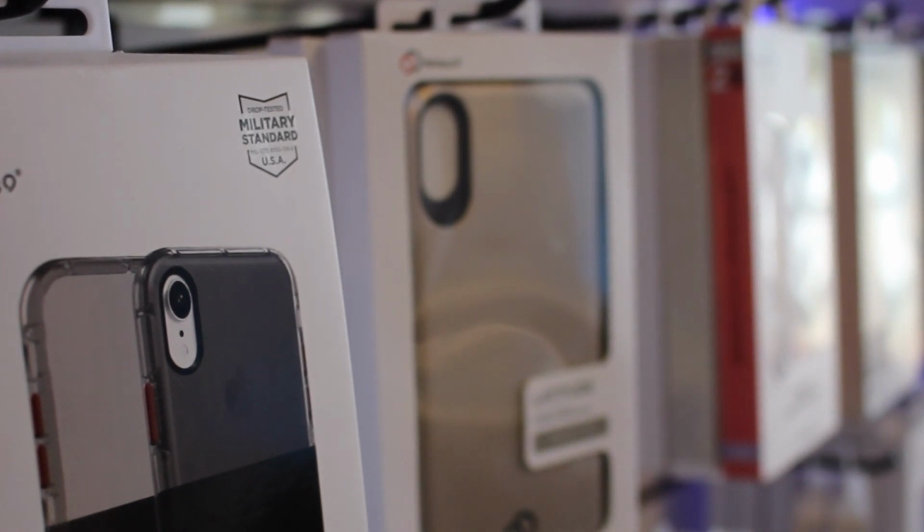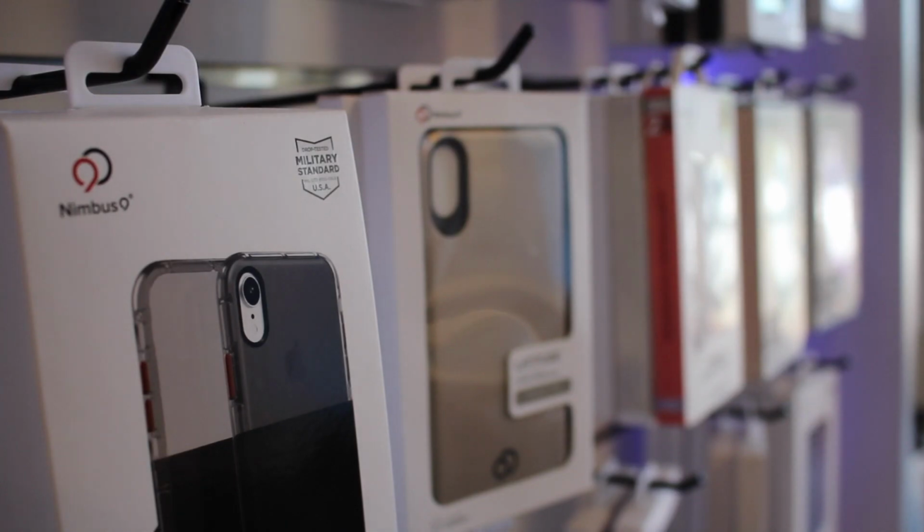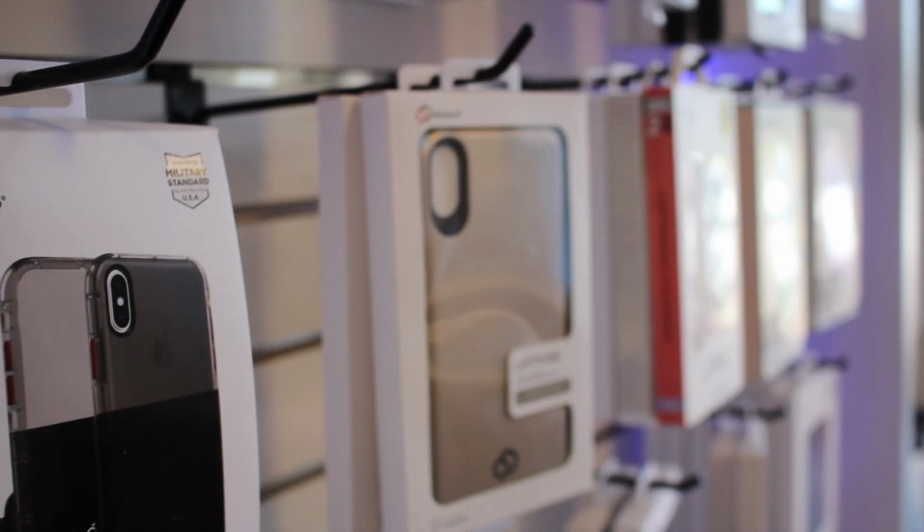Which, when it comes to buying a case, you also want to consider your lifestyle choices. Now, if you're a little bit more active, obviously you're going to want something probably a little bit more durable, maybe water resistant, possibly with a hip clip. If you're a little more laid back, you can go with a smaller profile case on there as well. But ultimately, you want to protect your phone because it's going to happen no matter how good you take care